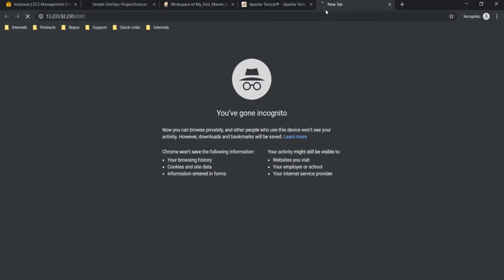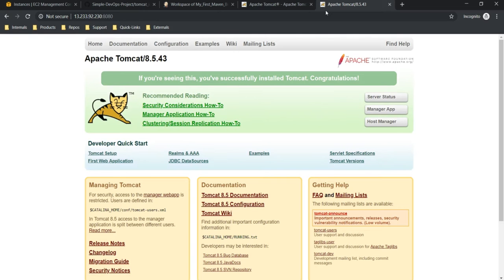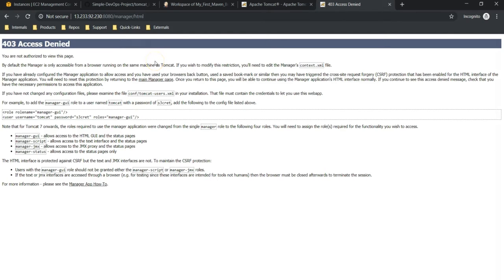8080. That's it. It's quite simple. Okay, we were able to access our Tomcat server from the browser, but let me try to log in to the Manager app. It is not allowing me to log in. Why? Because by default your Tomcat server allows access only from your local system. To address this issue, we need to update one of the configuration files called context.xml. Then only users can log into our Manager app application from outside of the Tomcat server.